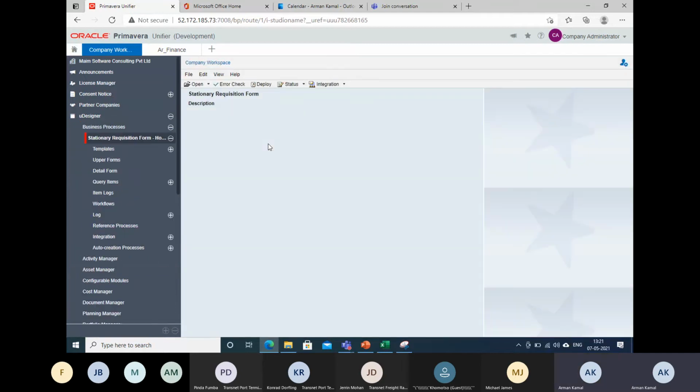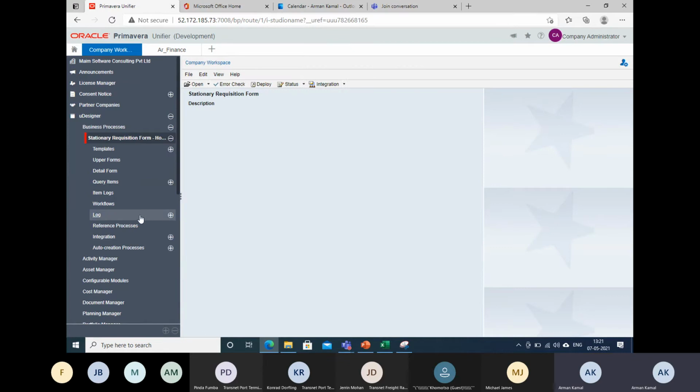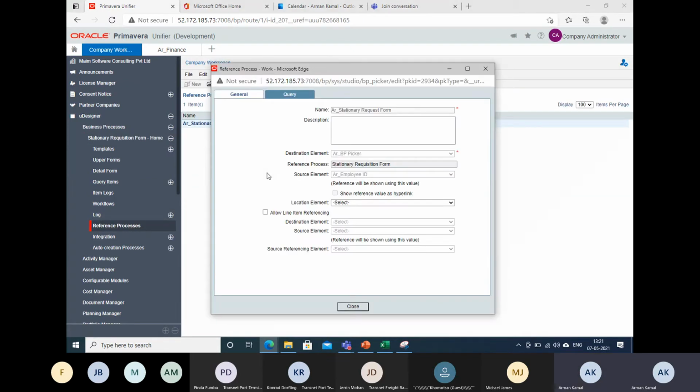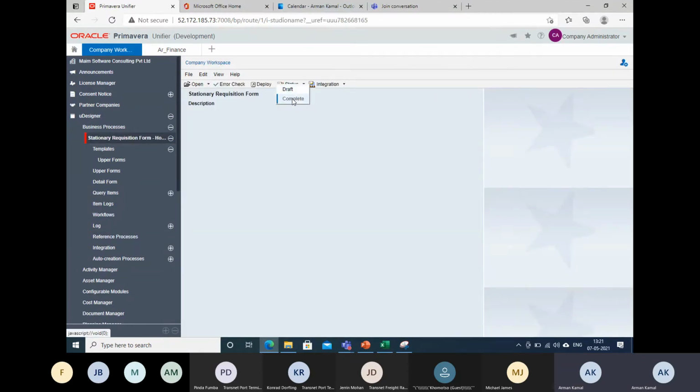I will click open. Now here, when I was doing the deployment, I could see one error which I need to solve. Let me make it first a draft. Any changes I need to make, I need to make it a draft first.